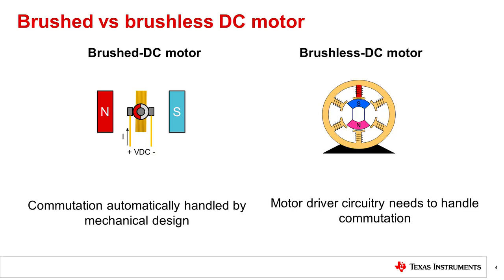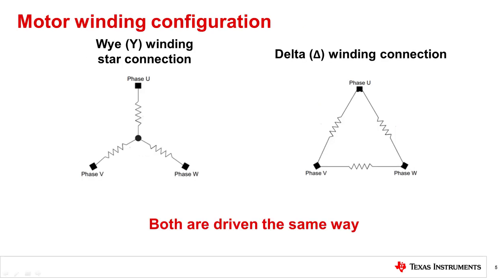While the brushes on the brushed DC motors result in less complexity for the motor drive's electronics, the brushes can cause high heat dissipation due to the compact construction of the motor. The brush commutation can also cause sparking as the brushes make and break contact, which negatively affects the lifetime of the motor and can also cause EMI radiation. While the brushless DC motor avoids all of these issues, it does require more complex motor driver circuitry to be able to properly commutate. Now let's focus on how a BLDC motor is wound.